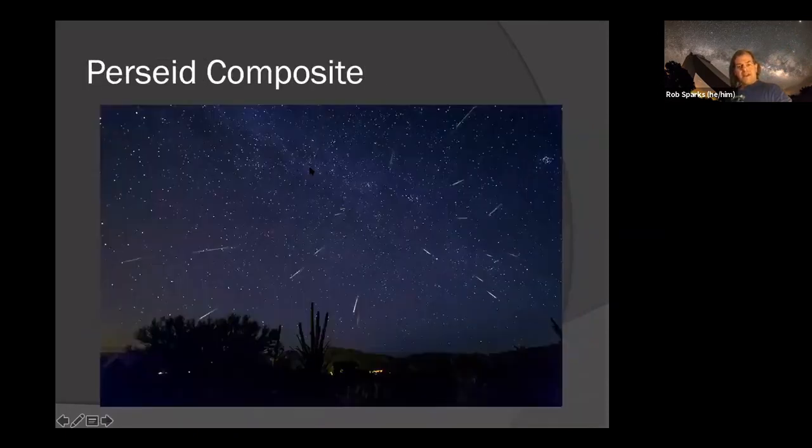I've also done a couple of composites of meteors, and these are fun to do. I literally take a camera and just sit there and let it shoot pictures all night long, for hours, just 15 or 20-second exposures, whatever it takes. And then of course you have to go through these hundreds of exposures, find all the pictures with the meteors in them, and then you actually align them. So you rotate the entire field so the stars line up. Now you can sort of see the radiant of the meteors here. I think there were a couple I didn't quite align properly, because I forgot to move the rotation point to Polaris for a couple of them. So I think this one might be a little bit off.